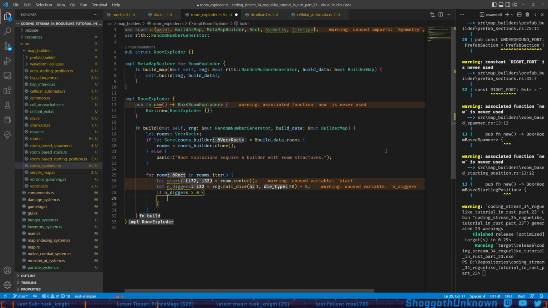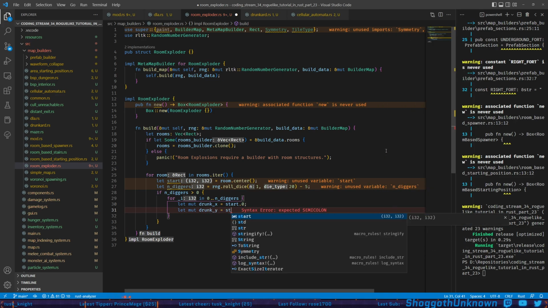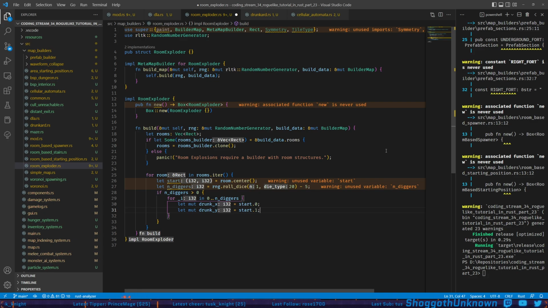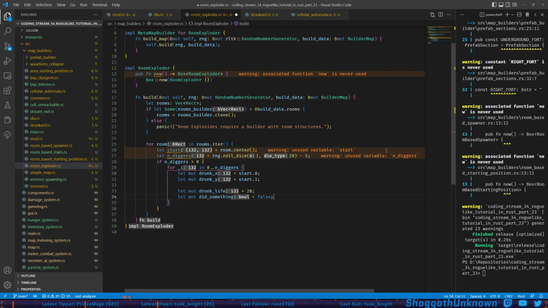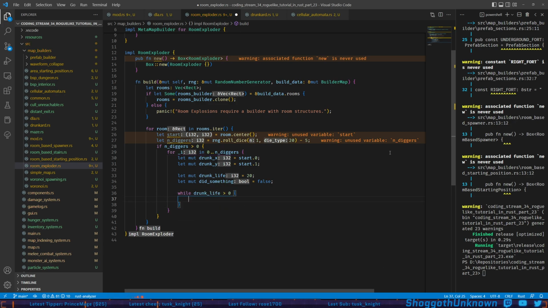So if the number of diggers is greater than 0, we're going to loop through however many there are. We'll get our X and Y value from the start, which was the center of the room initially. Actually, it's going to remain the center of the room. We'll set them to have a life of 20, and we'll set this did something as false. And then while they're alive, while their life is greater than 0,